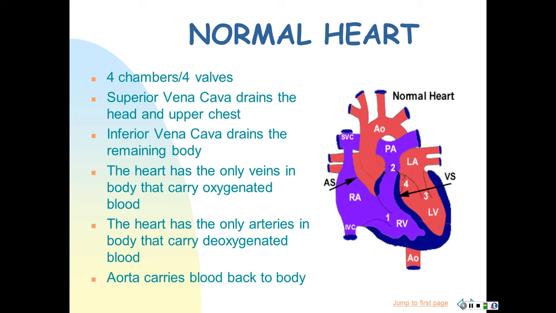Always have to understand normal so you can understand abnormal. We all know that there are 4 chambers in the heart. They're supposed to be. Not all of our kids are born that way. When we look at the vena cavas, how the deoxygenated blood's drawn back into